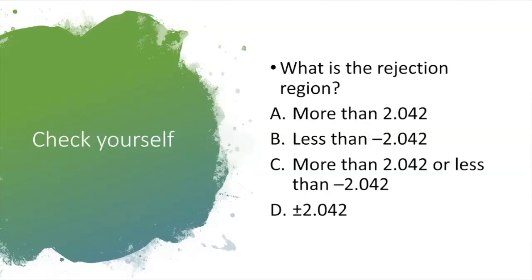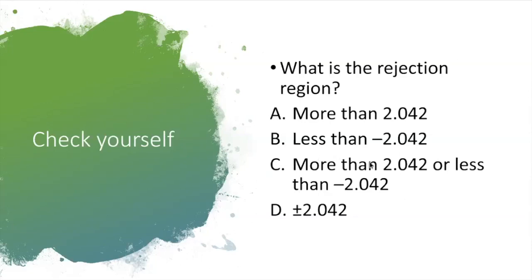So hopefully you know that A and B are not right because those are one-tailed. So more than 2.042 would only ever be right, and actually this isn't even a rejection region for the one-tailed, but this would be an upper tail, this would be a lower tail, but then these would be the wrong numbers, right? We'd have to go look at the one-tailed test. So in this case, C is the right answer because we want to combine them,